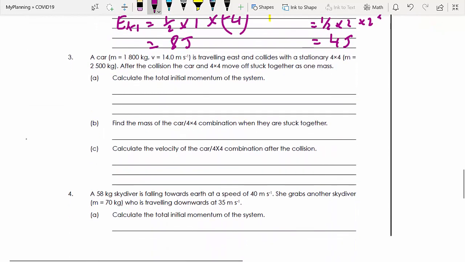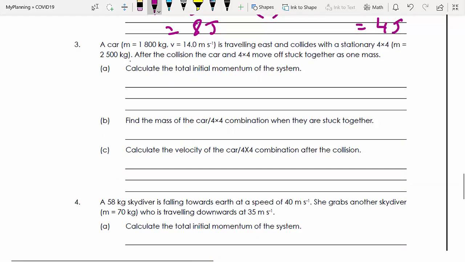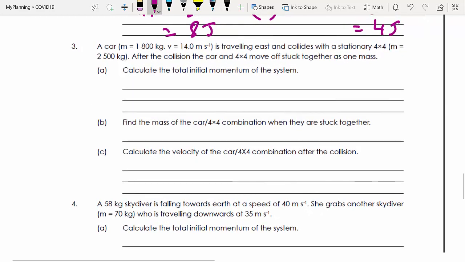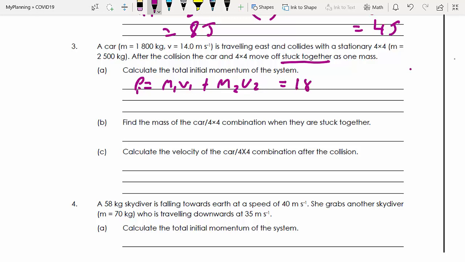Question 3, a car of 1800 kilograms is traveling east and collides with a stationary car. After the collision, they stick together, and so that means they have the same velocity after. Calculate the initial momentum. P initial is going to be m1v1 plus m2v2, which is going to give us 1800 times 14, plus the mass of the 4x4, 2500, times